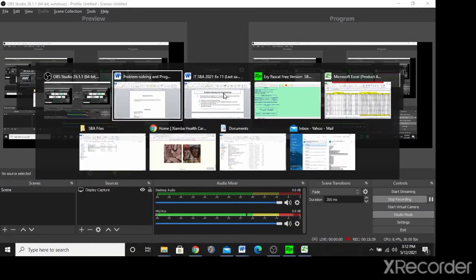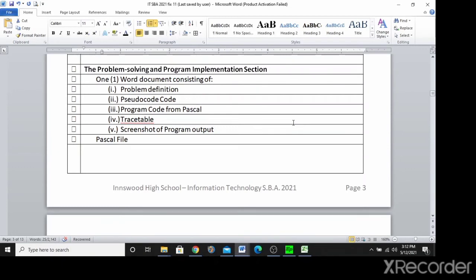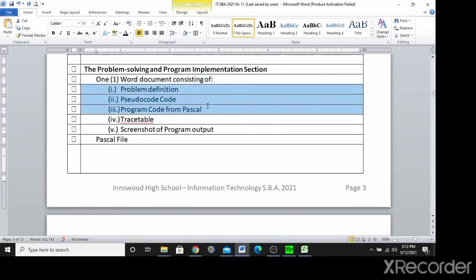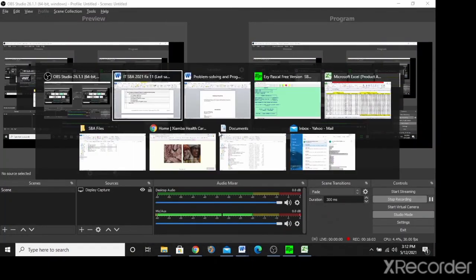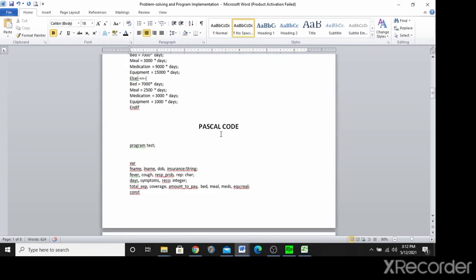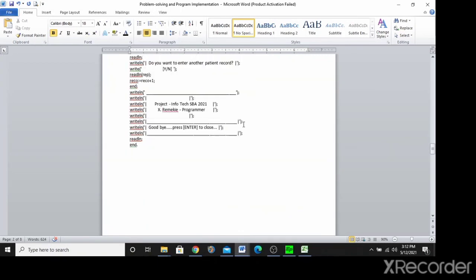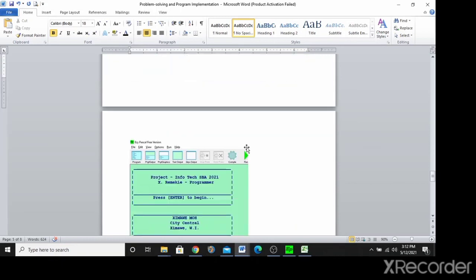So for the programming part, as I said before, let me just scroll back up to make sure that we have everything covered here. So this is the programming and the problem solving and programming implementation section. So this is all of what you should be presenting. You should have one Word document with a problem definition, pseudocode, your Pascal code, the trace table, and the screenshot for the program, which is what I have here. I have the problem definition, the pseudocode, the Pascal code, trace table, and